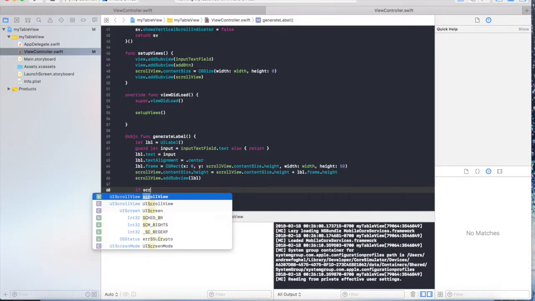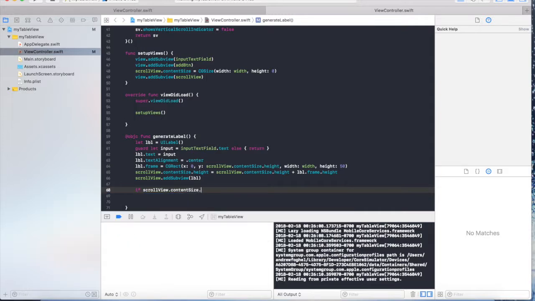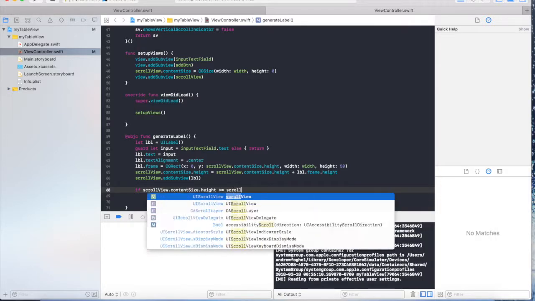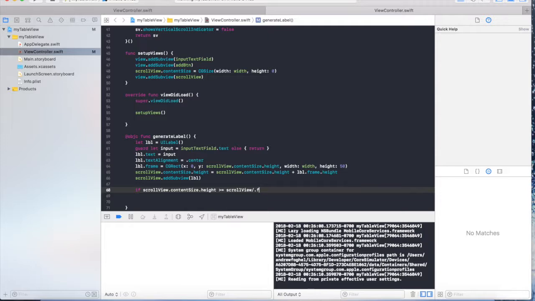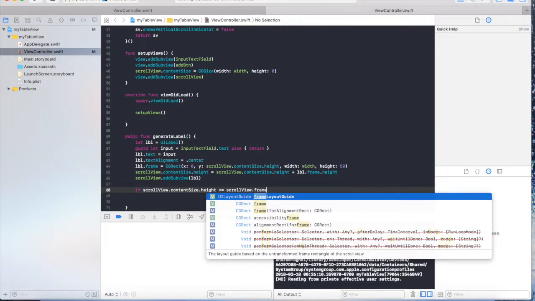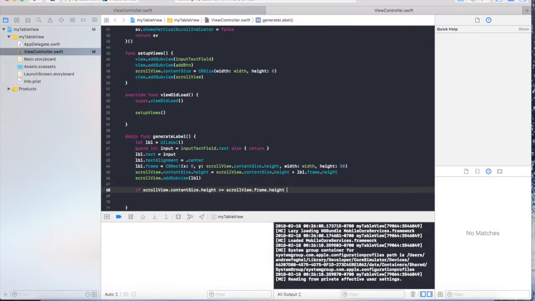So we can say if scroll view dot content size dot height is greater than or equal to scroll view dot frame dot height, then we can just say let bottom offset equals CG point